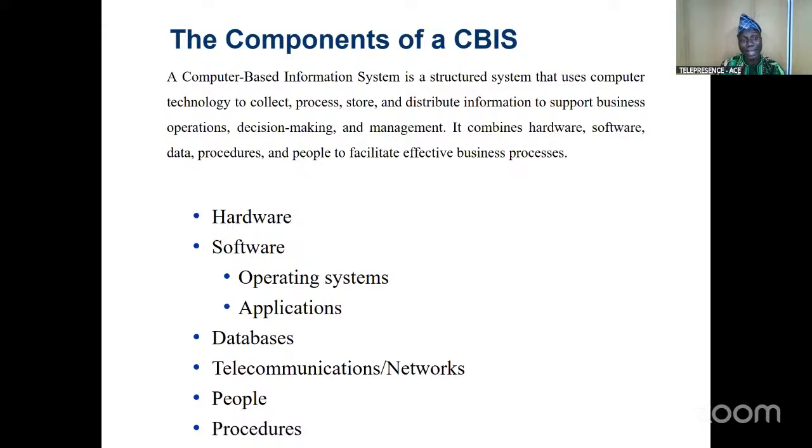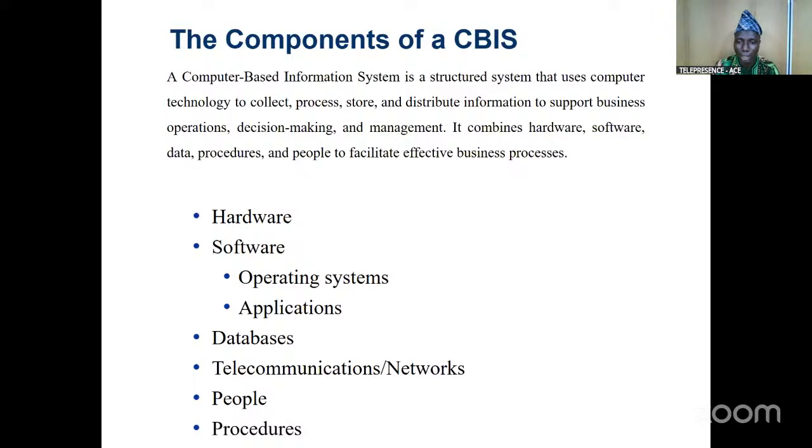So today we are interested in business information systems as useful tools for collecting, for processing, for disseminating information that will enhance business to make meaningful decisions and to manage their business organization